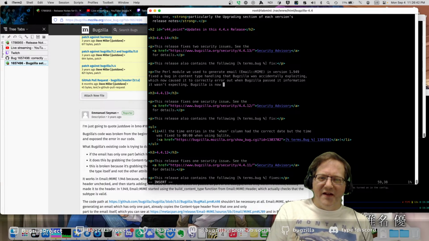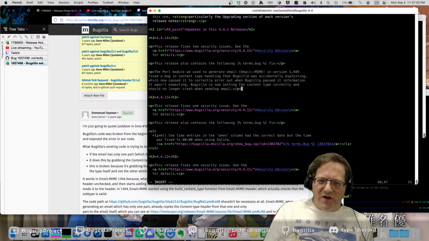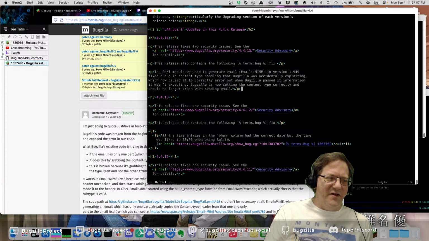Bugzilla is now setting the content type correctly and should no longer crash when sending email. I don't know if crash is the correct word to use for that. Bugzilla itself wouldn't crash, but it would spit out an error on the screen saying that sending the email failed.